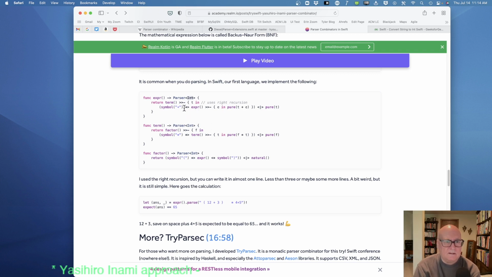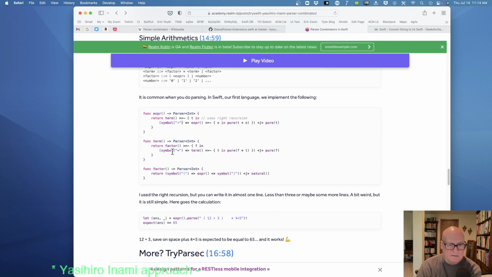So here you can see that operator that only takes the right-hand side because we know the left-hand side is a plus. We don't have to do anything about it. Yeah, I mean, this is nice. It's got this recursion, and we had to do a bind in the other one to make this work, but he can do it here because he's returning parsers instead of just being a parser.